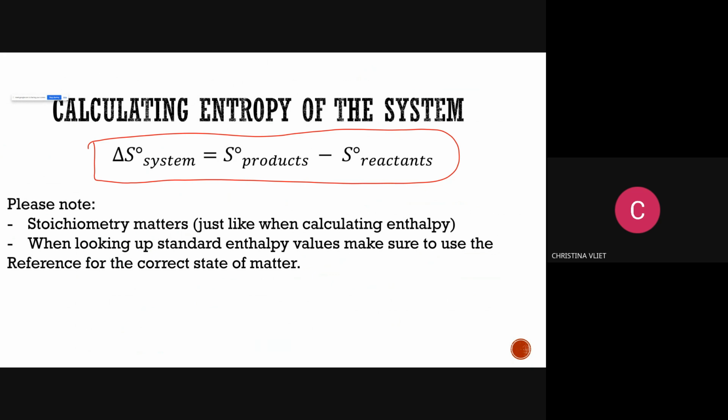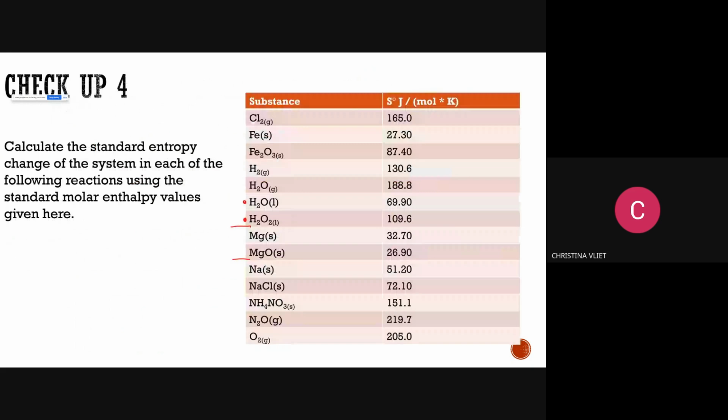In the lesson, I put a bunch of reference entropy values. Those should be used for your homework, just so you're aware. Use the standard reference entropy values for your homework. Here they are. These values, don't lose your handout, like I said, because these are the values that you use for not only our lesson today, but also for the homework. Use these to help you with the calculations.